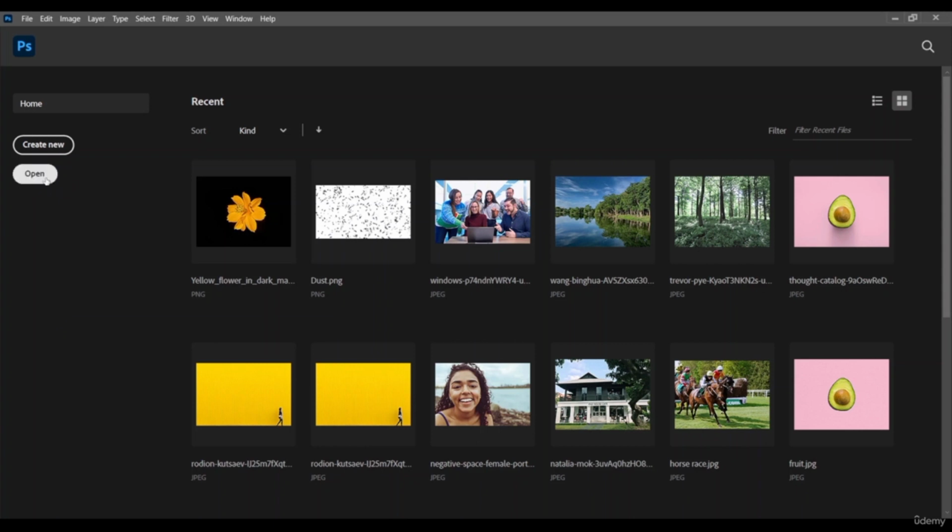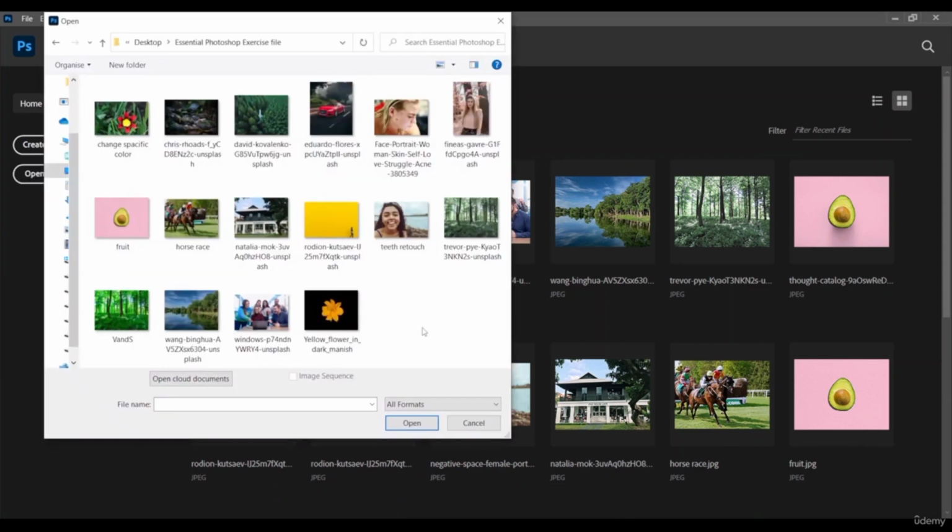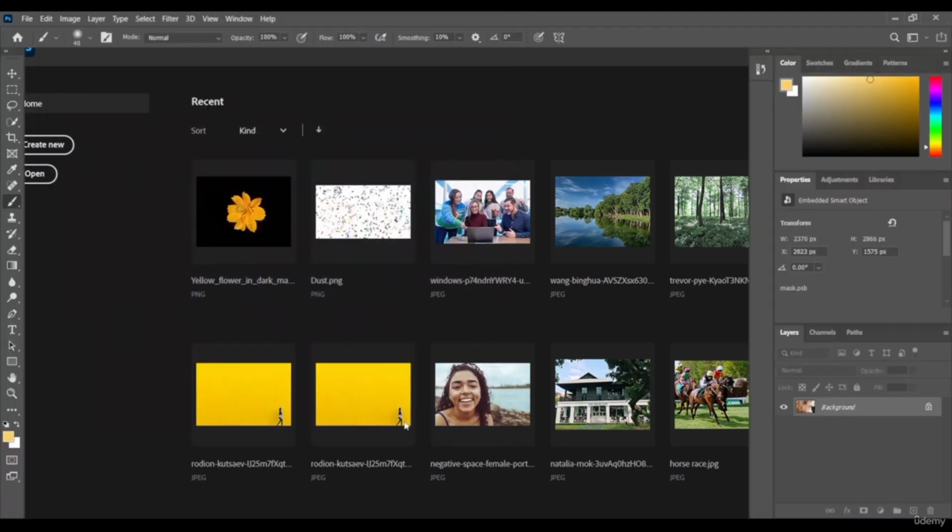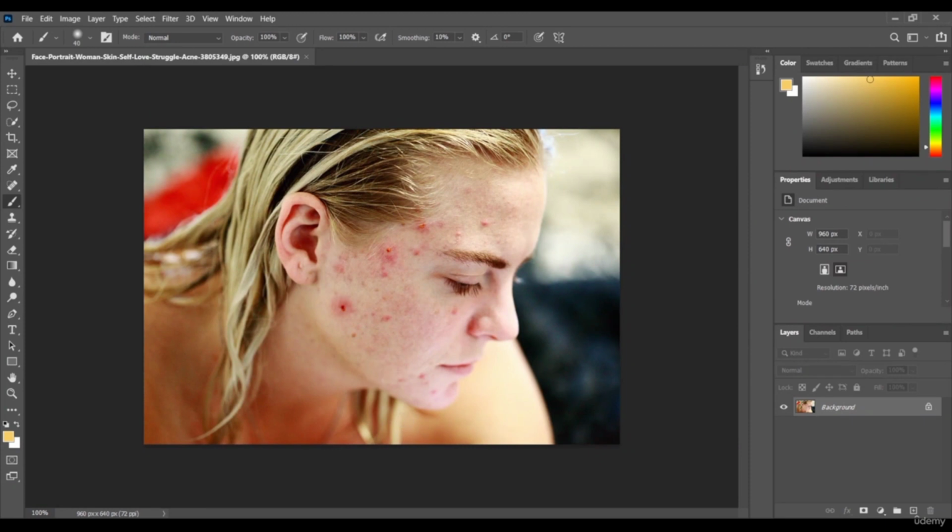So let me click this open option. So you can see that we have an image, face portrait of man. An image is there, so you just have to select it and then you have to click open. Okay, so you can see that lots of spots on this lady's skin, and we are going to remove all